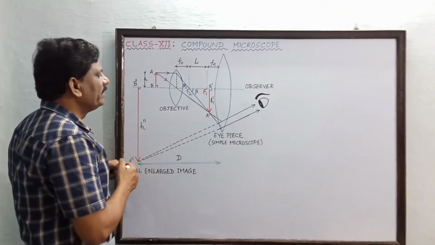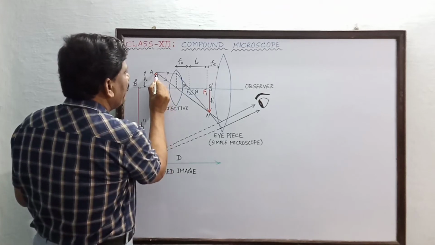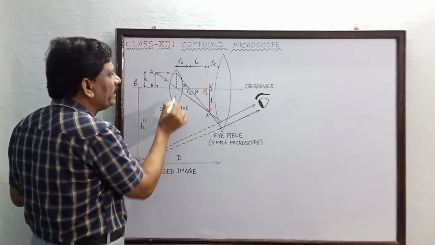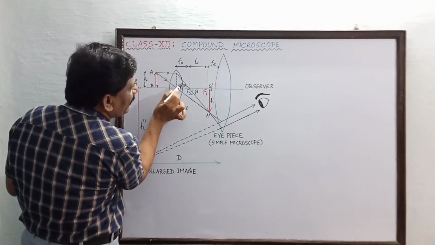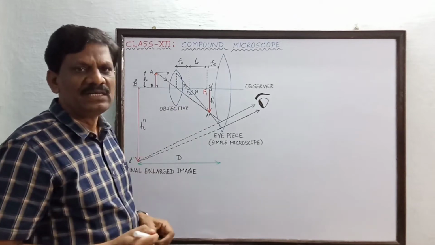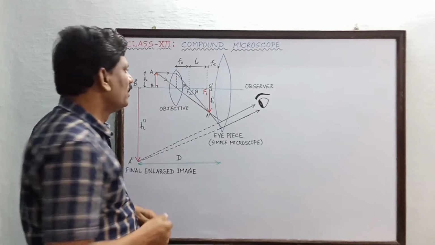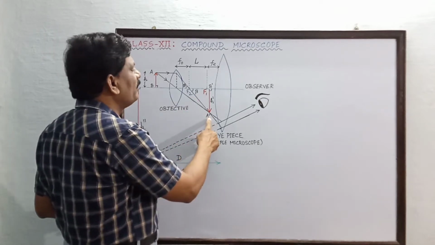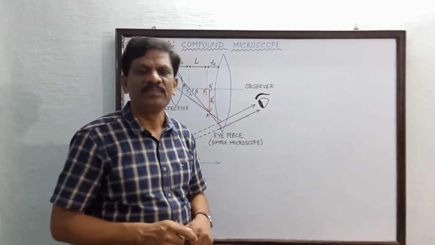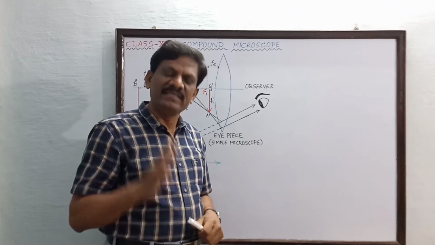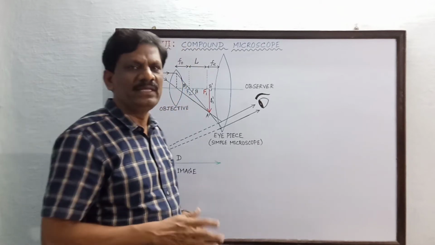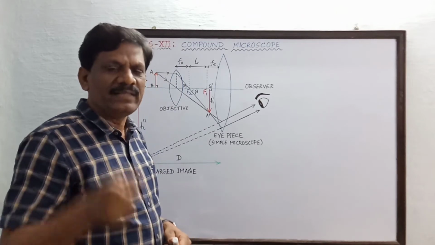You can see one ray which is parallel to the principal axis. After refraction through the lens, it passes through the point F2, the second focal point, after which the image is formed here, A dash B dash, of height h dash. This image is an inverted image, and this inverted image is going to act like the object for